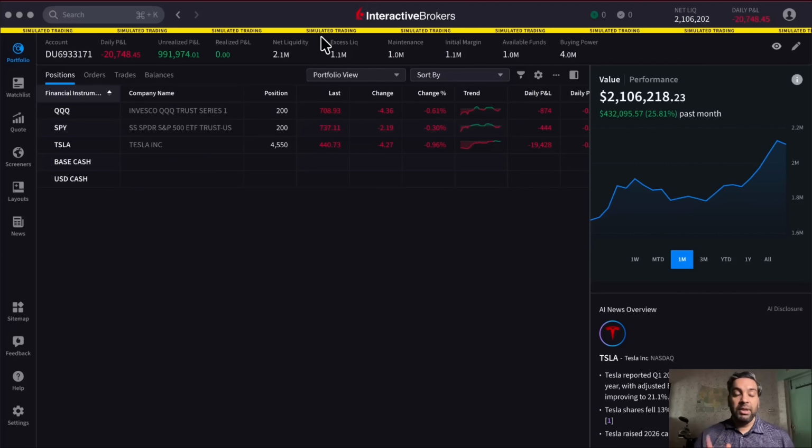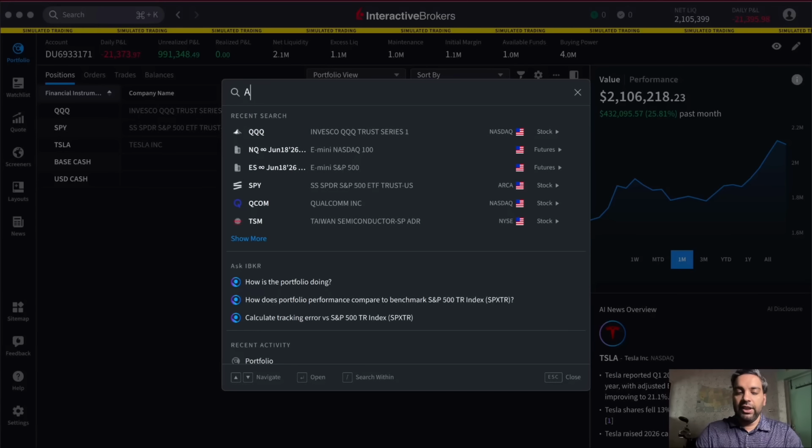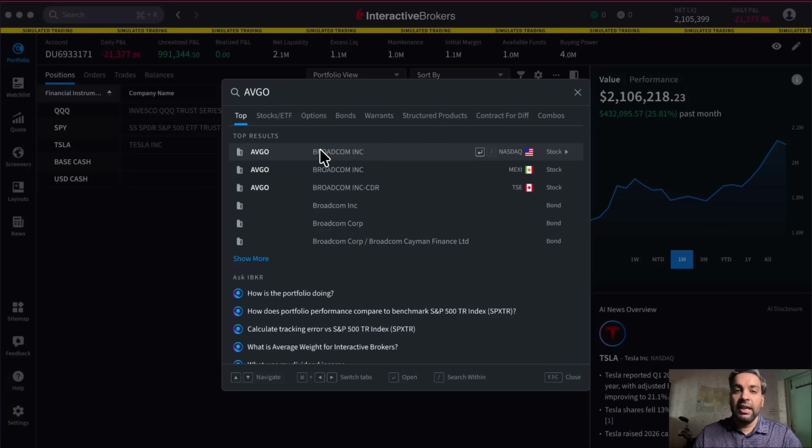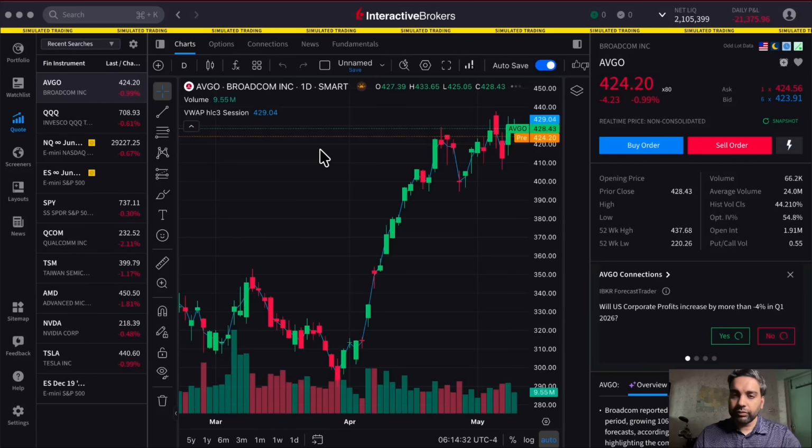So let me take you to an equity. Let me pull up the chart and let me show you all what I do to make it more customized and more likely to adjust to my trades. All of that in front of you on Interactive Brokers. So let's go to AVGO. So that's an equity that I have been seeing, but I haven't traded. So once we